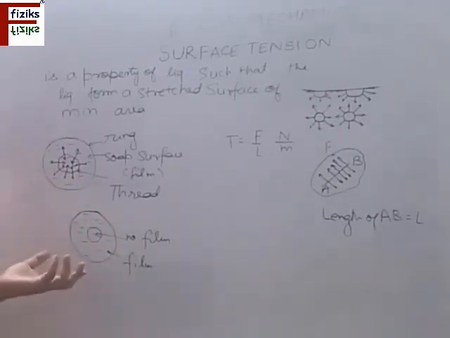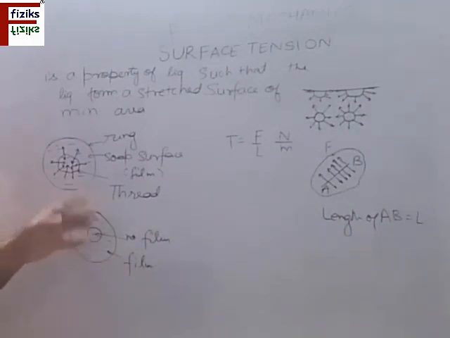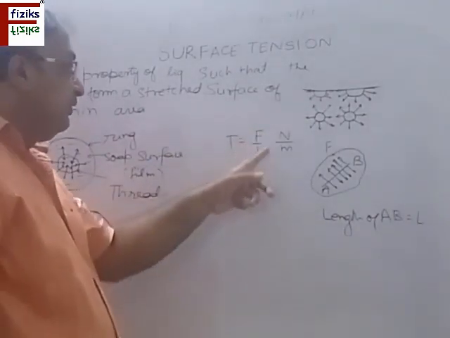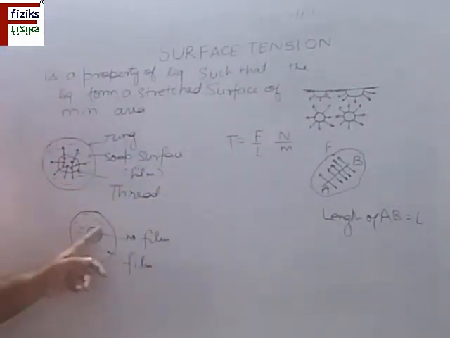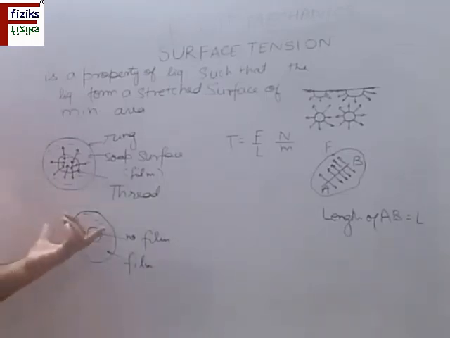And what is the surface tension? The surface tension force will be defined as F divided by the length, which in this case is 2 pi r, where r is the radius of this circle which has been formed inside. If you want to measure the surface tension force on the outer surface, then the radius of this outer ring has to be taken. This is how we measure the surface tension force. So note it down, please.